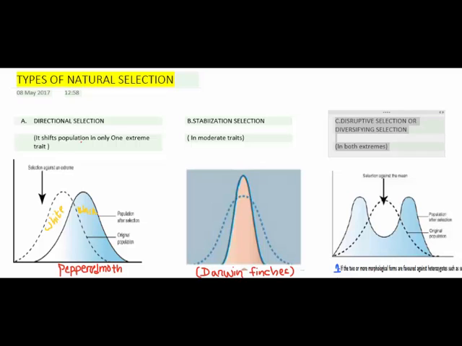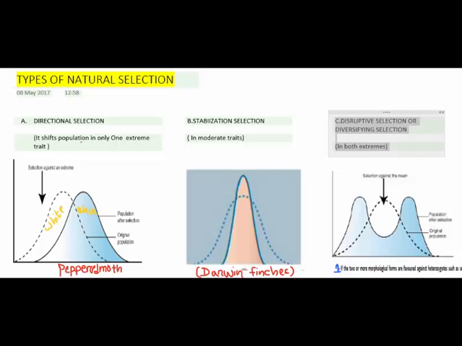What is natural selection? We have already learned in our school days about natural selection in Darwinism. So what is natural selection? Natural selection is a kind of selection of individuals which have the ability to adapt to a new environment or cope up with the new environment, and thus they can survive. That's why it is called the survival of the fittest. So the individuals are selected naturally as they have the ability to adapt to the environment and are able to